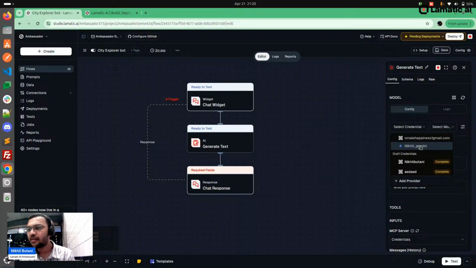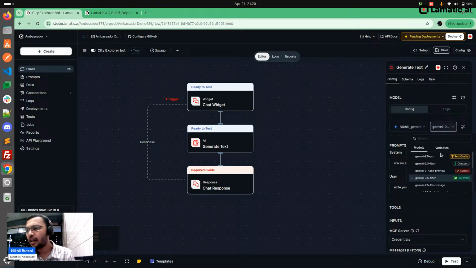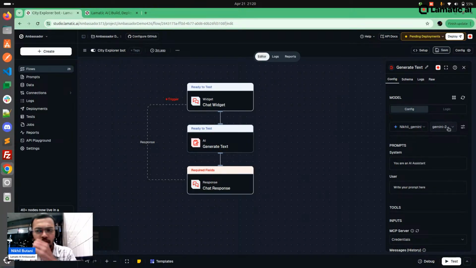I have taken a Gemini key. I just gave it a name, and here you can see all the models are available, right? So currently I just selected Gemini 2.5, right? And also you can see the variables. Okay, so yeah, sorry, I just selected it.